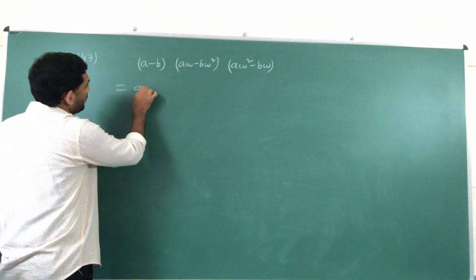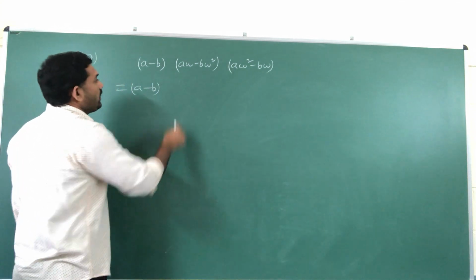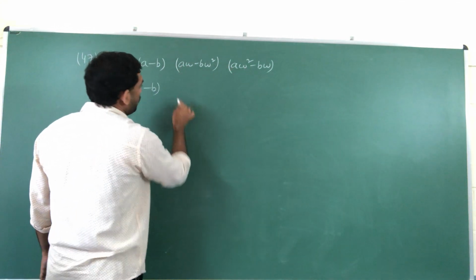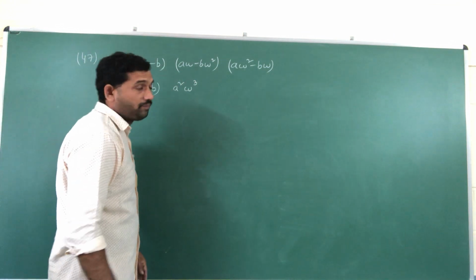So (a − b), write as it is. Multiply these two, what happens? a ω into a ω³...